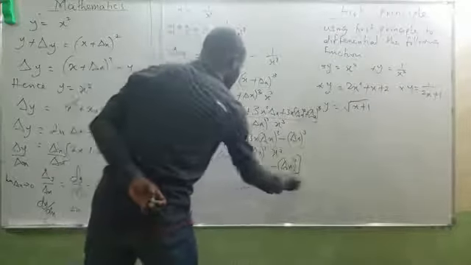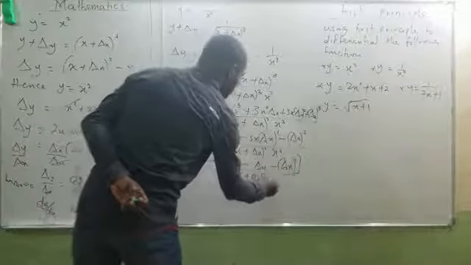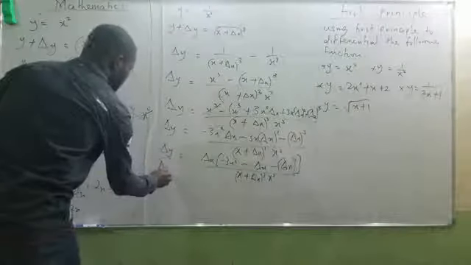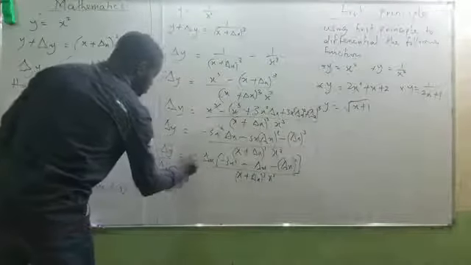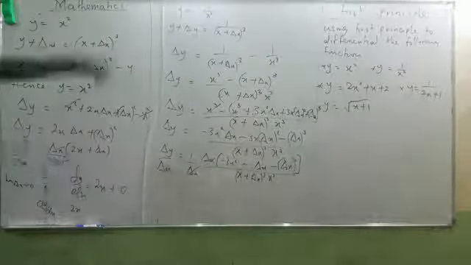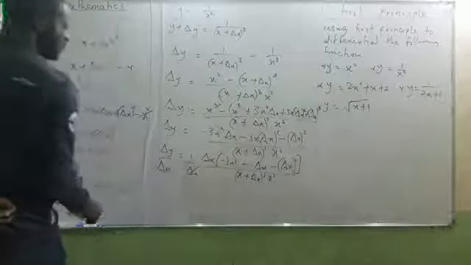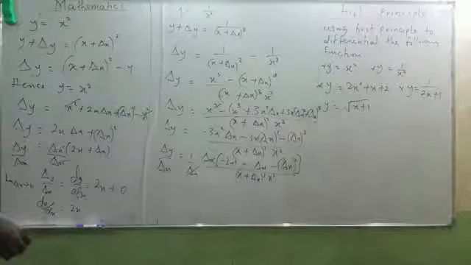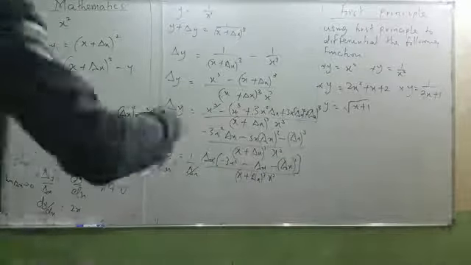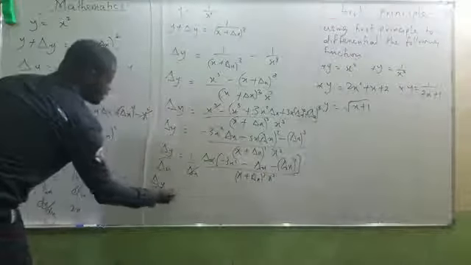Now, divided by what? (x plus delta x) all cubed, x cubed. Now, can you see, I can now divide both sides by what? Delta x. Please permit me to use that 1 over delta x. This will cancel this. Now, I can now limit this to 0. At the point of limiting this to 0, I hope I'm not making any mistake. Now, I think I'm having delta y all over delta x will be equal to,